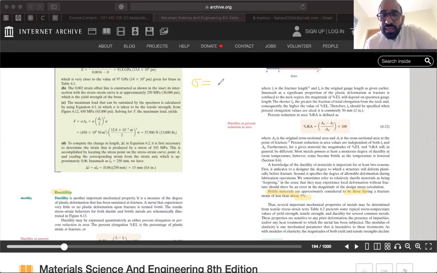Sigma equals E times epsilon, Hooke's law, only valid, please. This is only valid in the elastic region. I'm going to say it again, because I'm sure some of you will have this mistake in the exam. This equation is only valid for the linear relation in the stress strain curve, which corresponds to the elastic